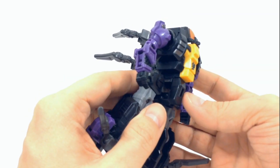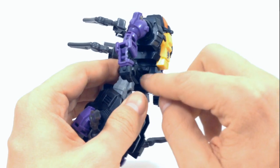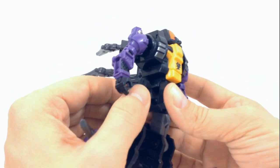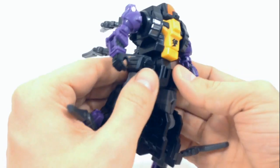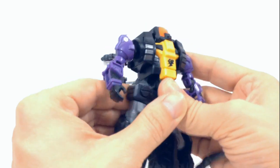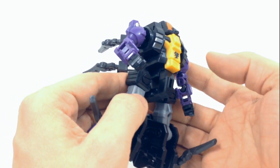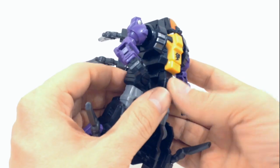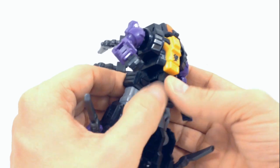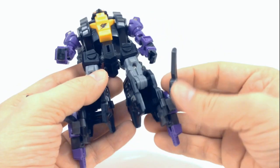And then, like I was telling you, where it's not showing a step is this part right here. In the transformation, it doesn't tell you to push these hips back. These hips are on a track right here, and you can slide them forward and back for the transformation. So to transform them back into robot mode, you're going to need to push them forward because they're pushed back for his bug mode. So push them forward, and then